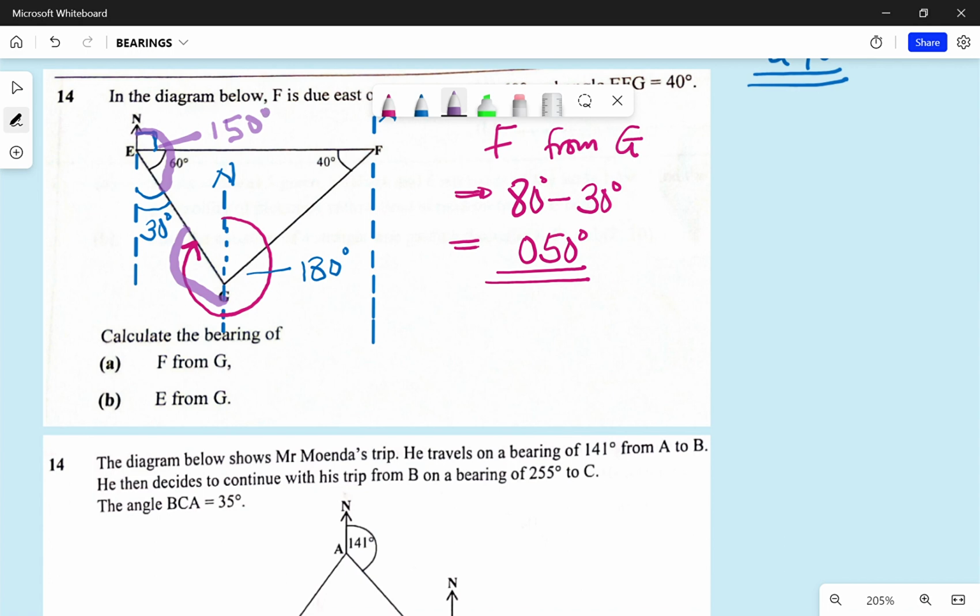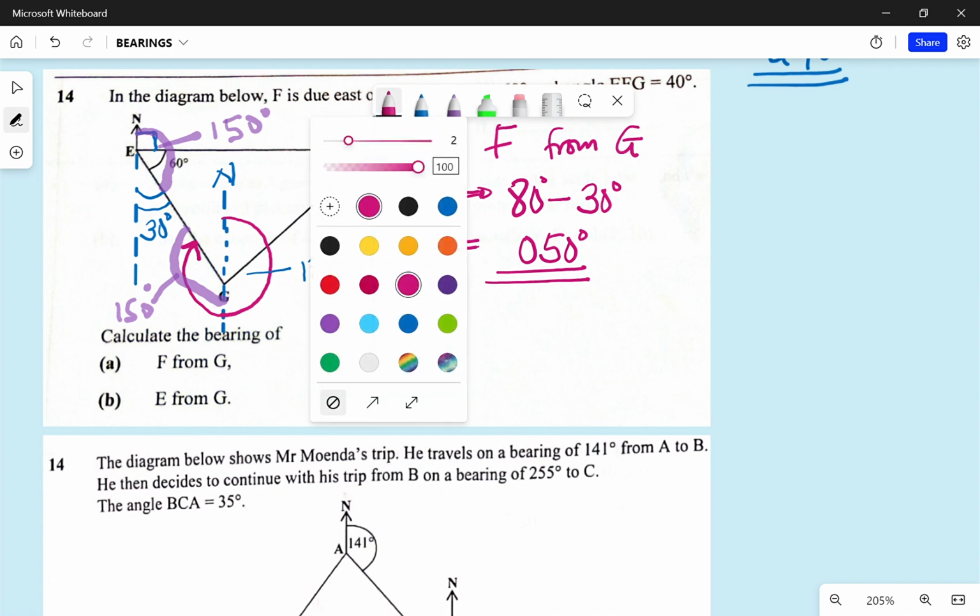That is 90 plus 60 degrees, meaning that this also here is 150 degrees. Now, we want the bearing from the north of G to the arm of E, which is here. So our solution is going to be: